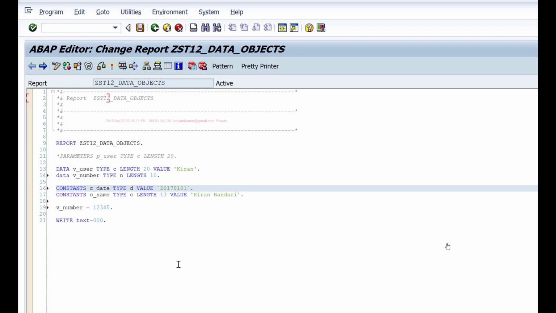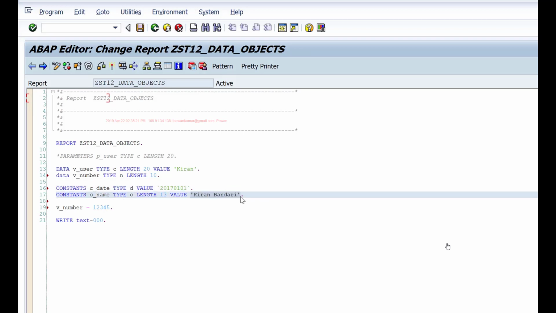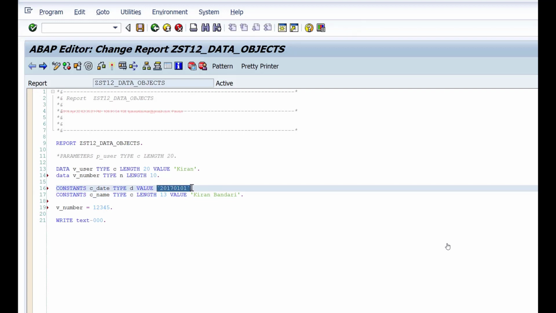The only difference is that the single quote one is of character type, type C, whereas this will be of type string. That's the only difference. There is no other difference.